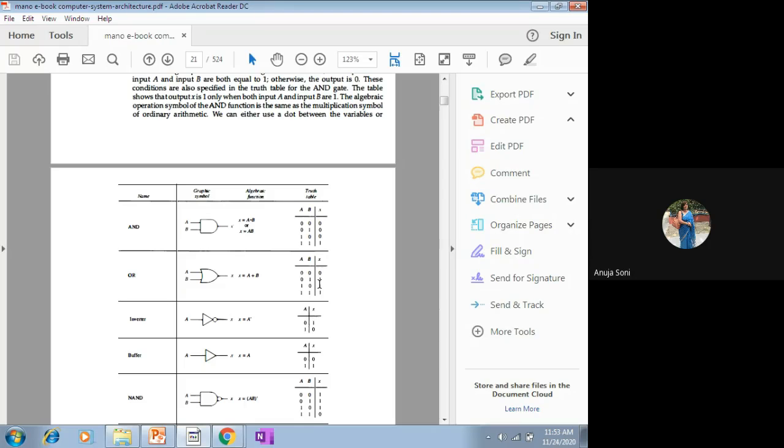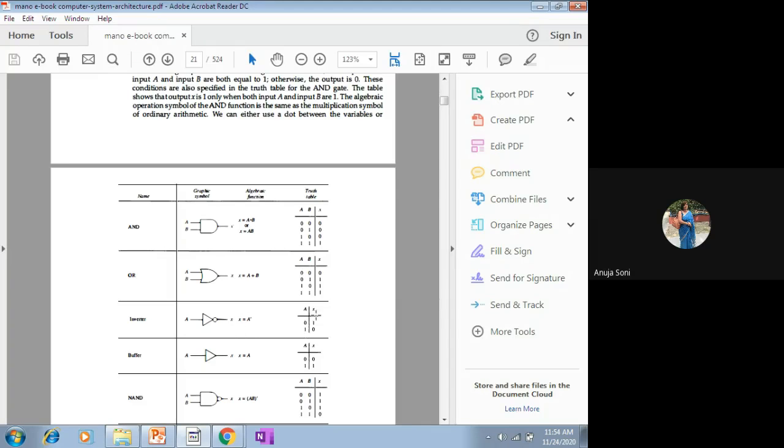Now we come to the inverter. This is the graphical notation of the inverter. It says that the one's complement is taken of the inputted value. Here a single variable is inputted, and for complementation a small circle is used. Ultimately the derived output value is x. The Boolean expression will be x equals a dash, where the dash stands for the one's complement of value a. A is the independent variable, and x is the dependent variable.